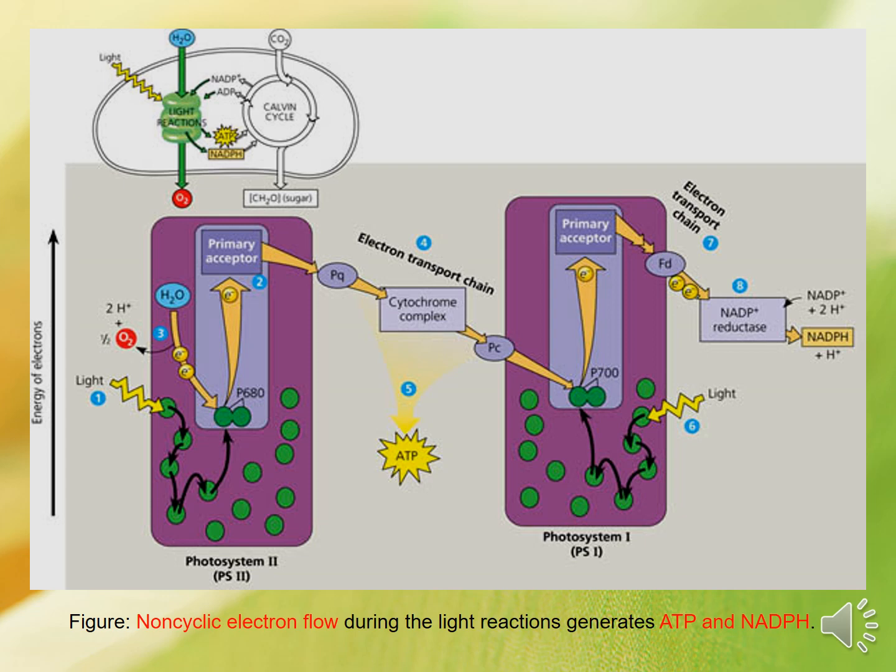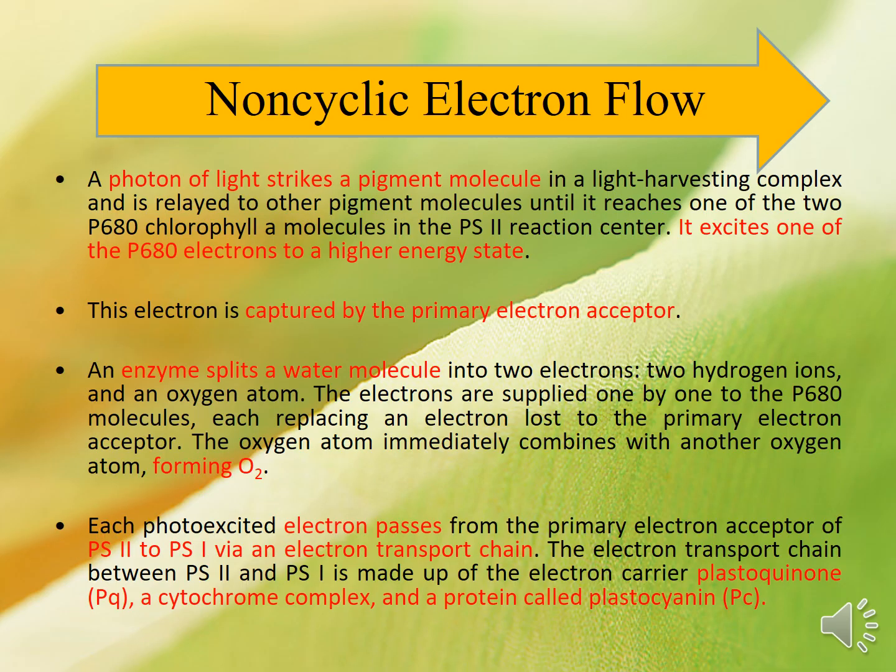So because of that, they produce a second product, which is NADPH. Okay, if you cannot remember or digest what I'm telling you about steps number 1 until number 8, if you do not understand my explanation, it's okay, because the next slide will explain again, in short sentences, how the process of non-cyclic electron flow actually produces the ATP and also the